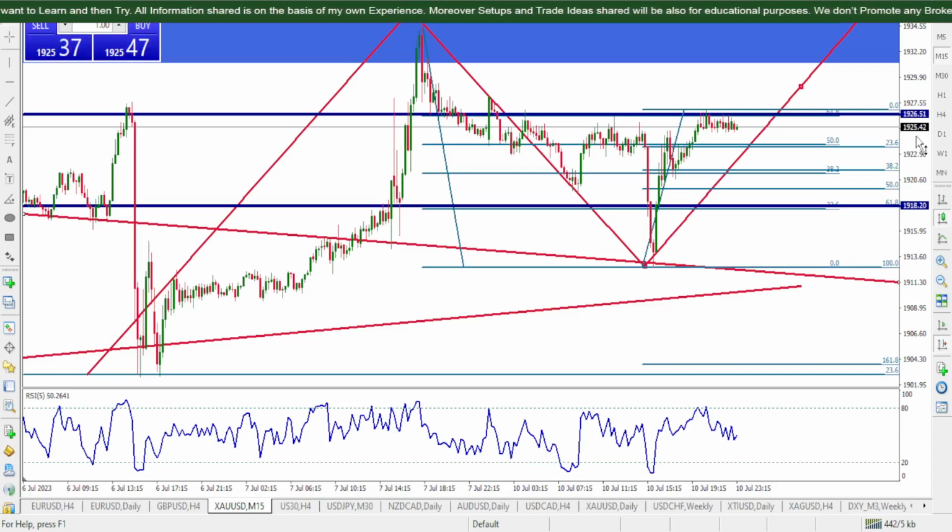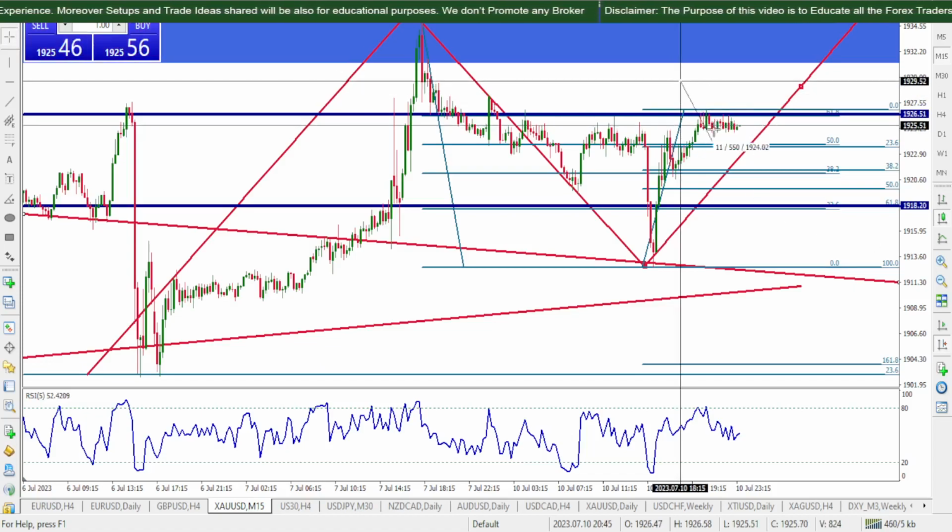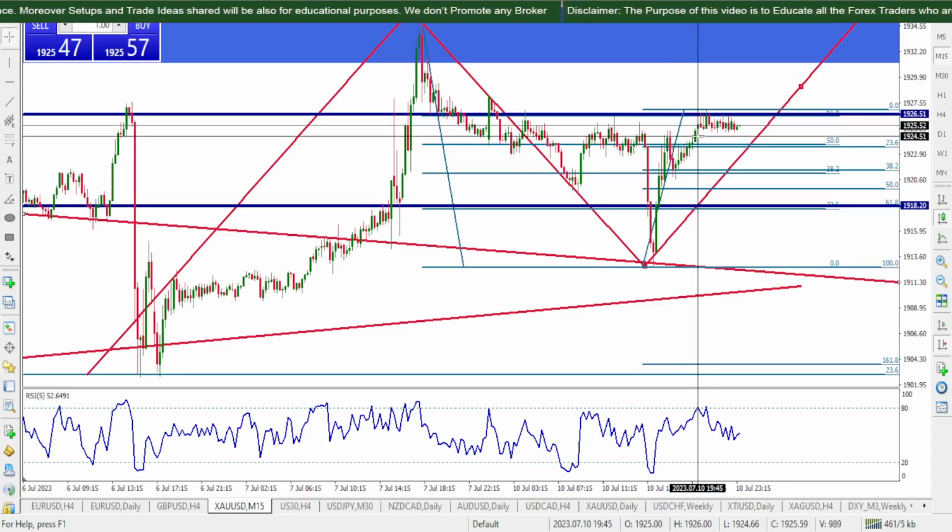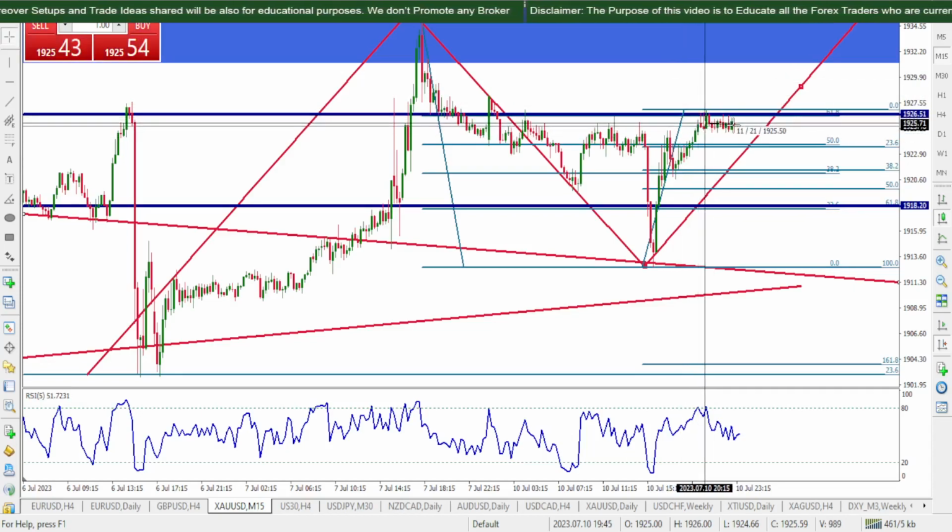frames, from the daily to the H4 to the H1 to the M15, the difficulty level increases a little bit because we get new levels and new levels and new levels. But if you understand the strategy very nicely and the price action a little bit, then it should not be a problem for you. So with that said, this 15-minute time frame, if we see, the structures look like that